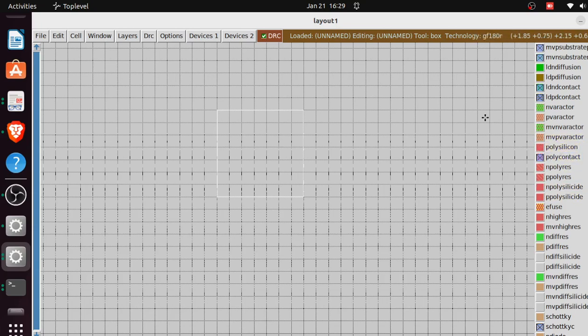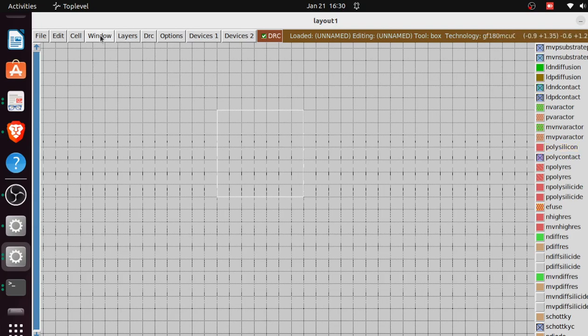So if you want to paint this red, when you make the size of the box, how big you want the material to be, then you come here and select the material. For our case, it's the red material, which is the polysilicon. If you're using the mouse, you click the middle button. Then when you click the middle button, this place gets painted. My laptop does not have a middle button, so I would have to use a mouse. But if you don't have a mouse, all you need to do is